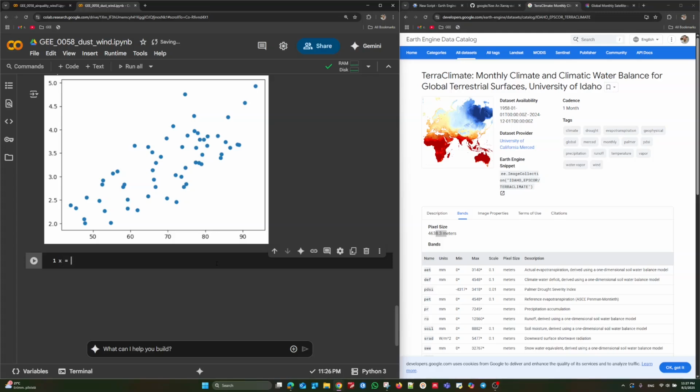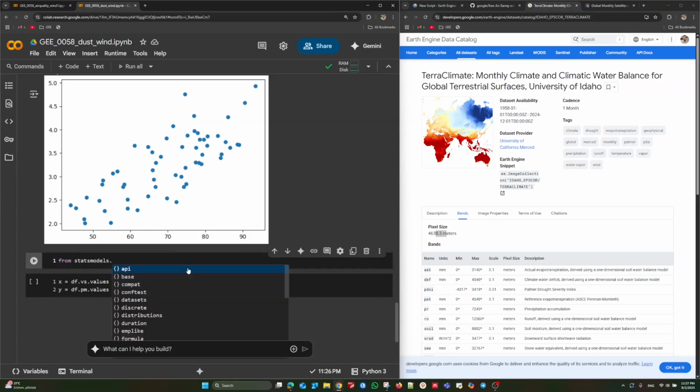So now we need to define two variables, x and y. For example, the x here will be the wind speed. We need to understand how much wind speed impacts the dust event in these areas. So we want to have only the values without the time information, and then y is set to the PM values without the x information. But remember that we need to import statsmodels.api, or we can do it like this,